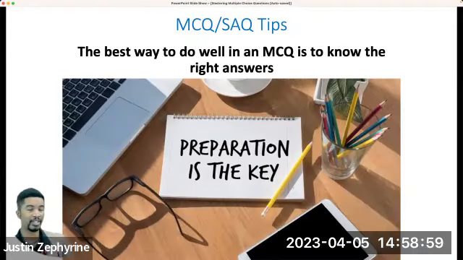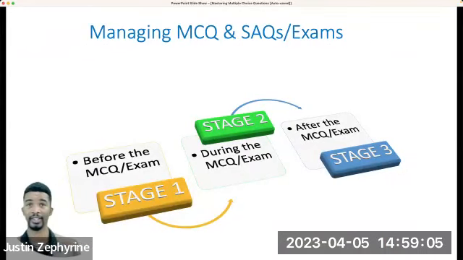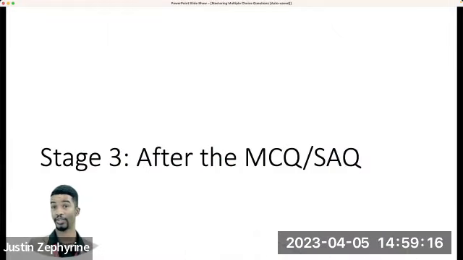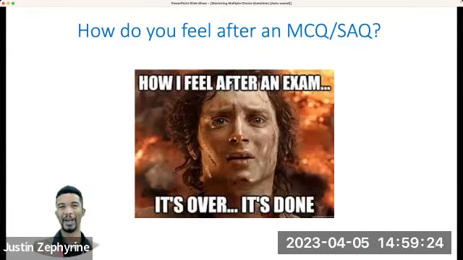The best way to do well, I mean, yes, you could try to know all the right answers, but preparation is still key. So we go back to this graphic: stage 1 we did already, stage 2 we did already, and we get to stage 3. Now, how do you feel after an exam? I think we discussed this earlier, right? Do you feel bruised and battered and disheveled? Or do you feel